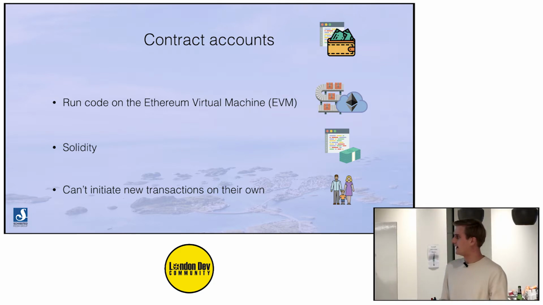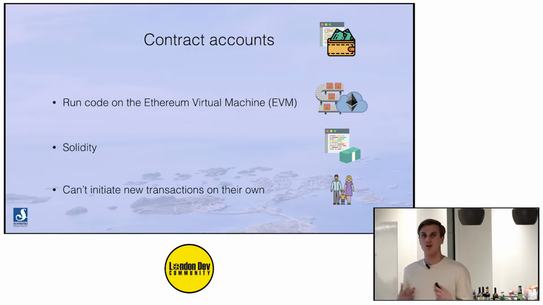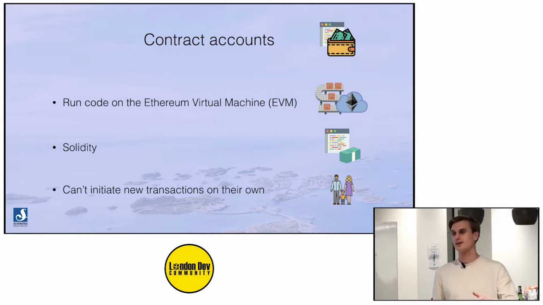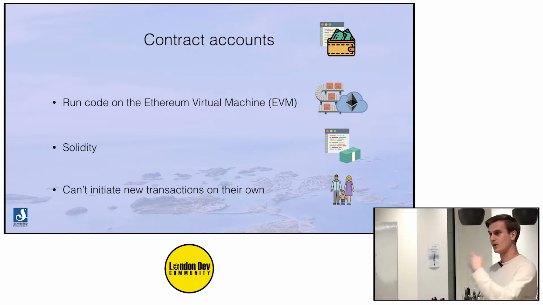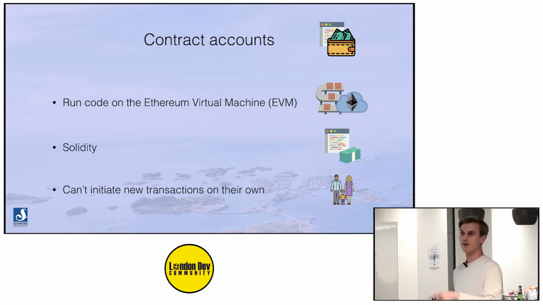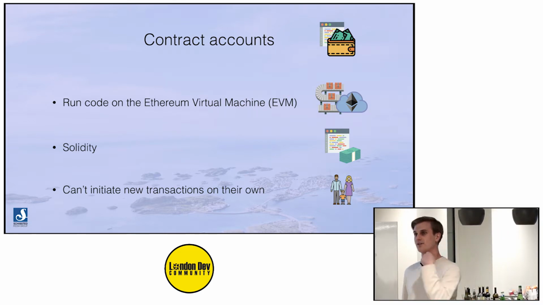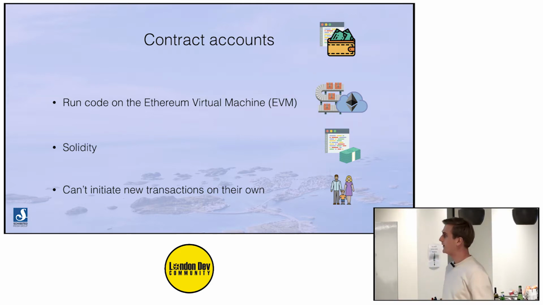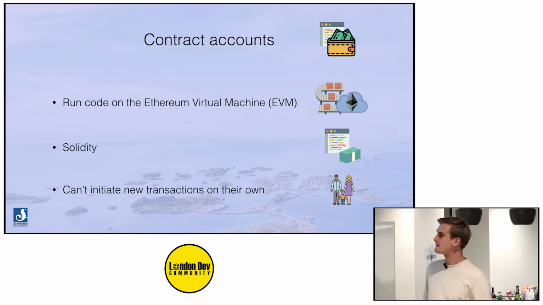And these accounts, so you deploy a piece of code, it gets an address on the network which can send and receive money, but it can't initiate transactions on its own. So someone needs to trigger it to do something. So you can send money to the account, and then you can say, okay, if I send this piece of data, then you should send the money to some other account. But the money there is only owned and governed by the piece of code that you have written.